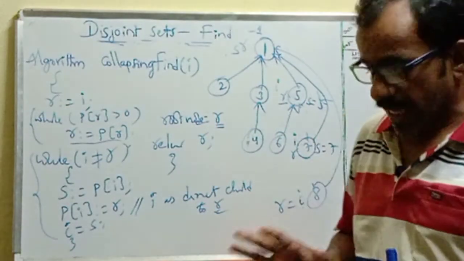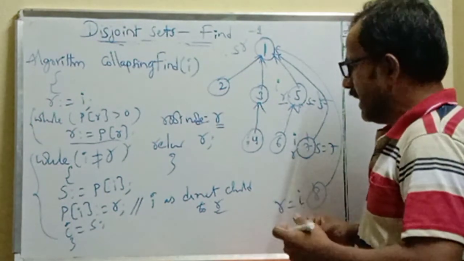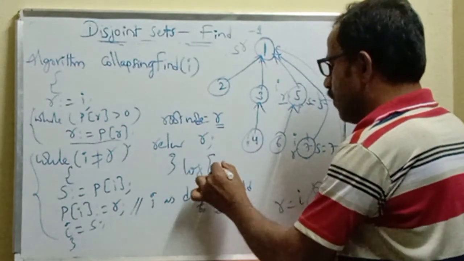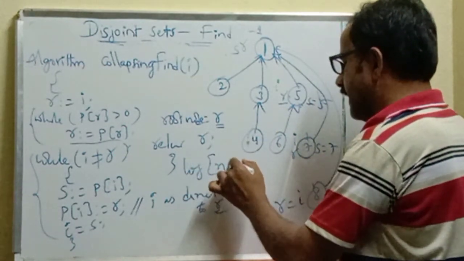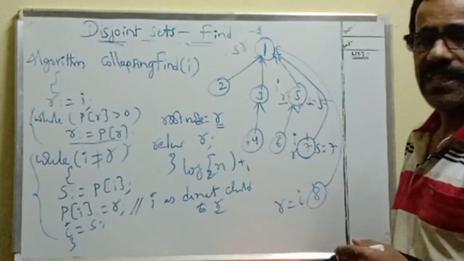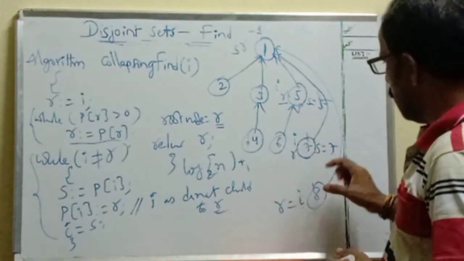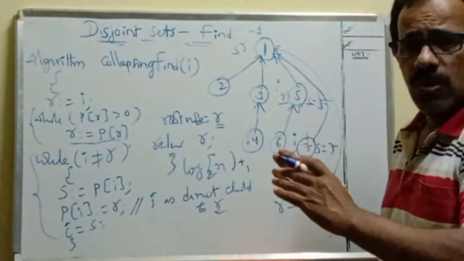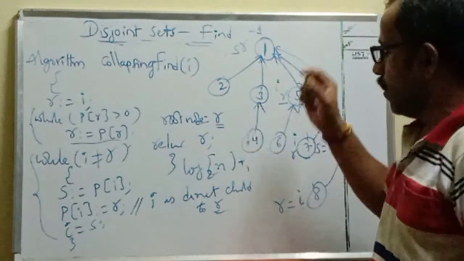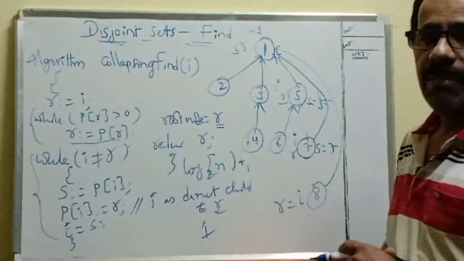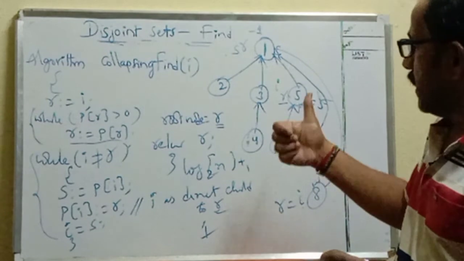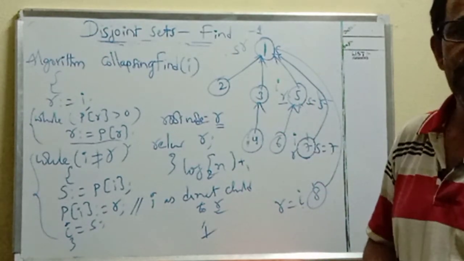But if we directly take the normal tree architecture, suppose number of nodes are n, height is log n base 2 plus 1 for the root node level. If you apply collapsing rule at all the nodes, then immediately all the nodes will become the next immediate children of the root node. Then the total complexity required is 1 for any node. Like this we can reduce the levels between root node and finding node by using collapsing rule.